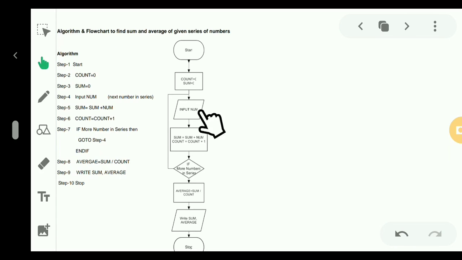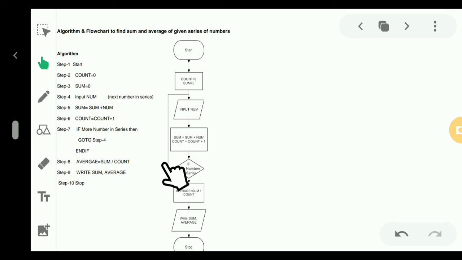Now the next step is that we have to take the input value. Input is the number, up to what digit we have to find the sum. After that, whatever number I am getting, I keep on adding to sum and storing it into sum. That's why sum equals sum plus num. I am taking the number and increasing the count one by one. The first digit is over, next we are adding the second digit. In this way I am increasing the count value.